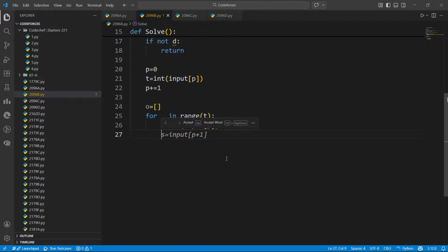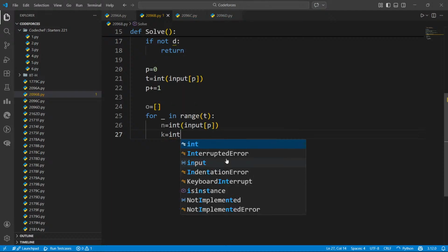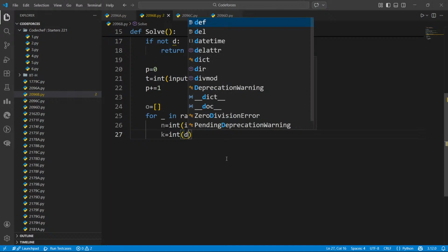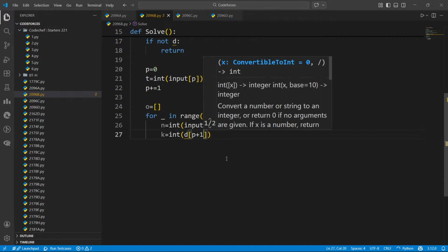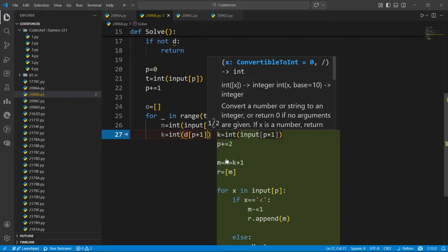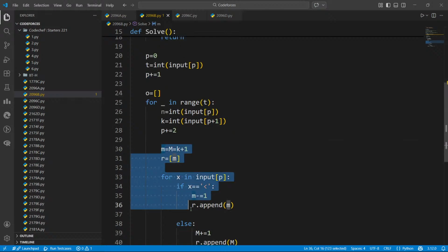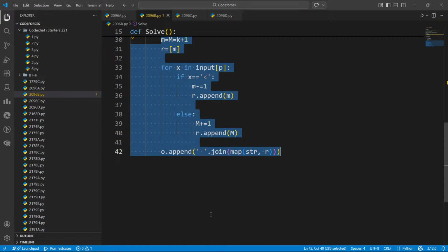Oh, why is it getting auto completed? It's just giving me the last code.